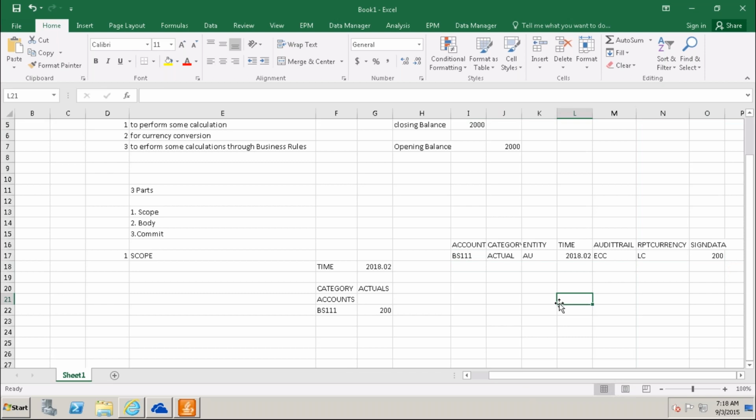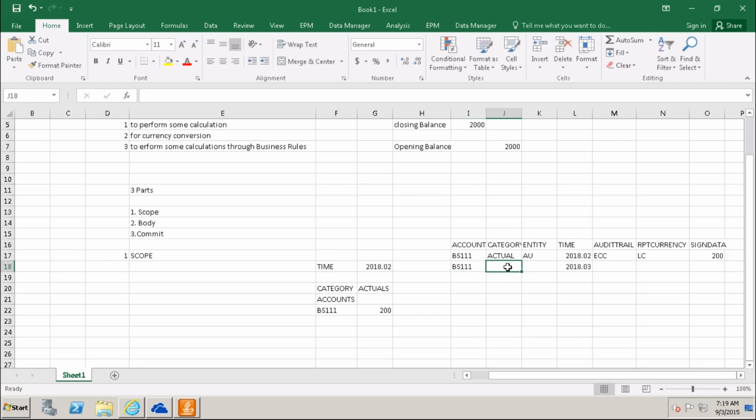So clearly the client requirement is a 5% increment, and that should go to the forecast value. Forecast value is always 2018.03, for example, for this month. Okay, we are writing, and my value is BS111.